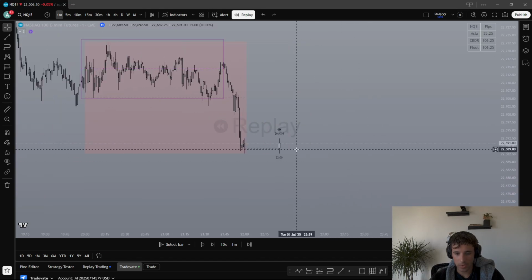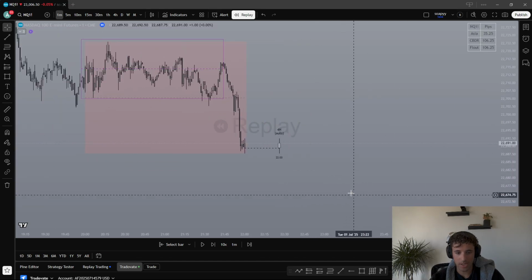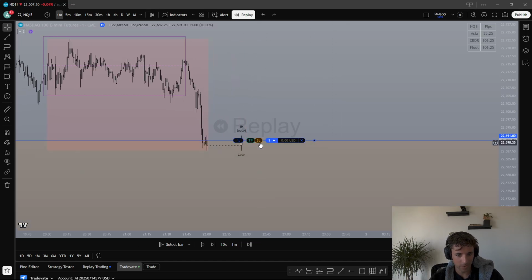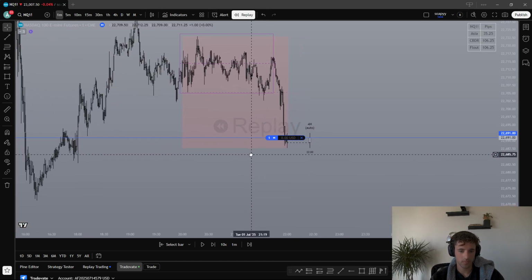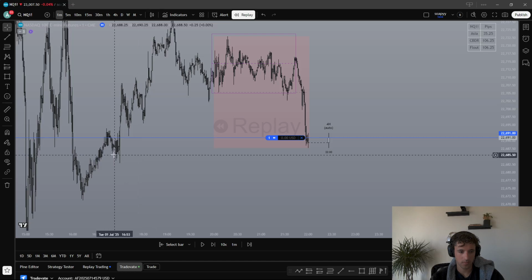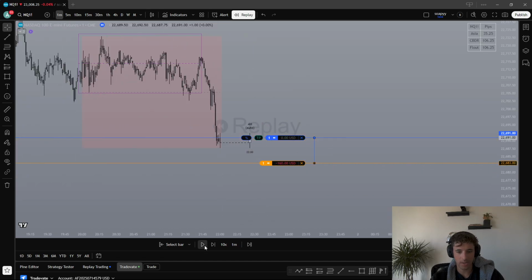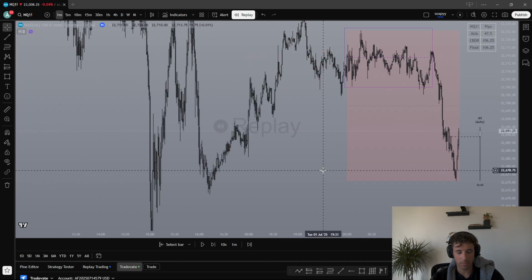So, you said you would enter here. Where would you put your stop? I would probably scroll up a little bit. See that big candle? See that big wick right there? I probably set it there. Yeah, the issue is, well, actually, it's not that bad at all. It's not bad. So we'll see, but it gets taken out. So the problem is